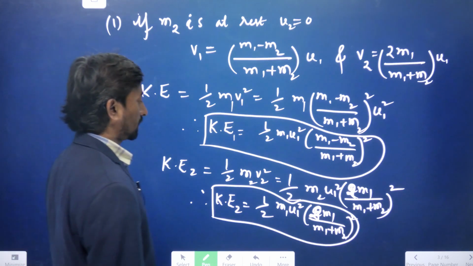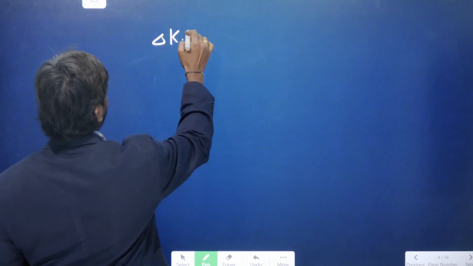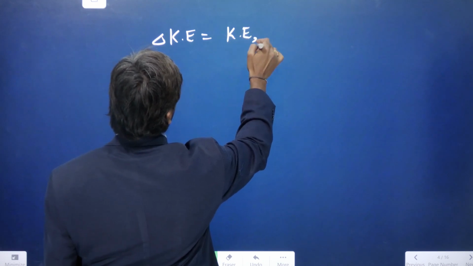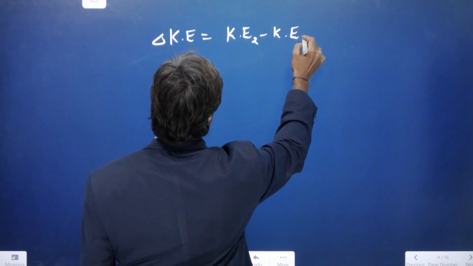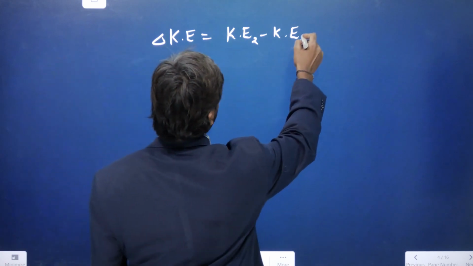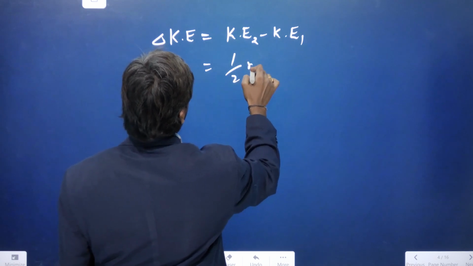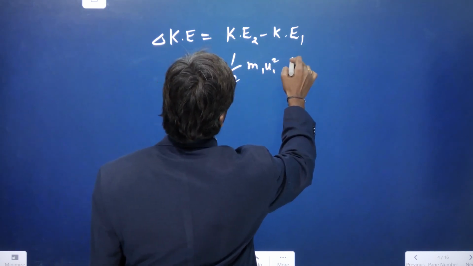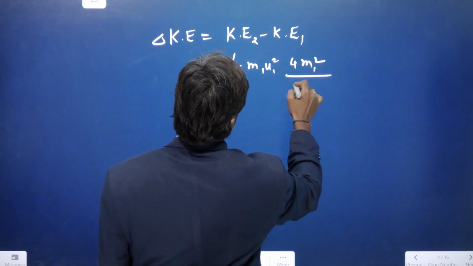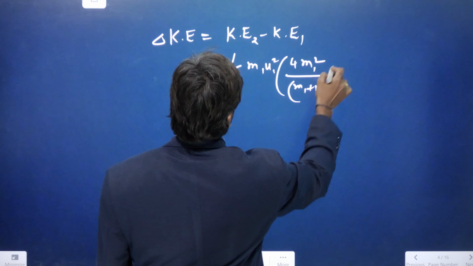Now if we write the change in kinetic energy, what can we write here? Delta KE is equal to KE2 minus KE1, or KE1 minus KE2, initial kinetic energy and final kinetic energy. So that is equal to half into m1 u1 square into 4 m1 square divided by m1 plus m2 whole square, minus